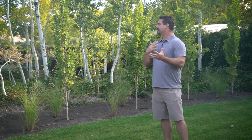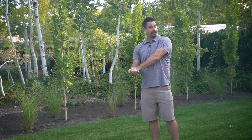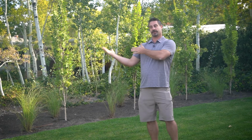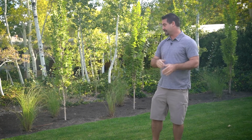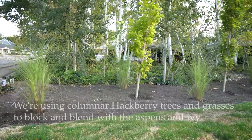And so what we did here is that we have an interesting situation behind us with lots of aspen and lots of ivy, which have a tendency to be a little bit invasive in nature and can create some maintenance problems for the neighbor, which is the house that we designed. So what we decided to do here is